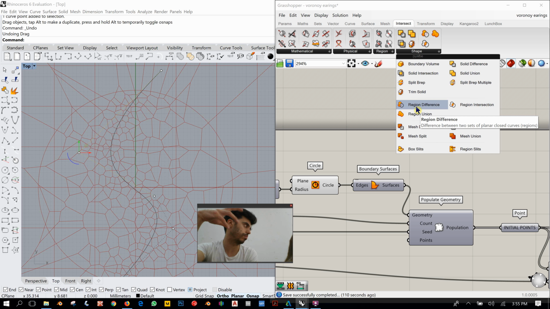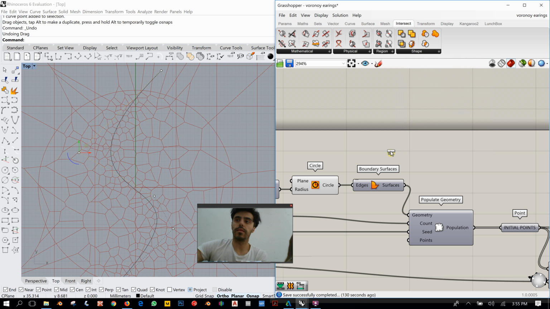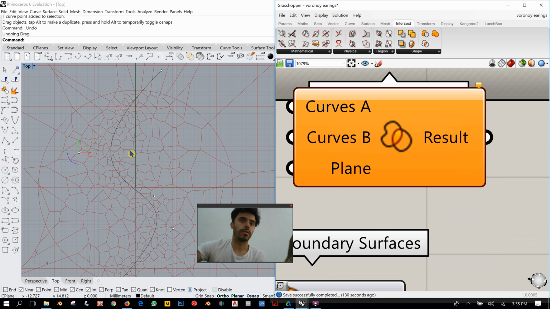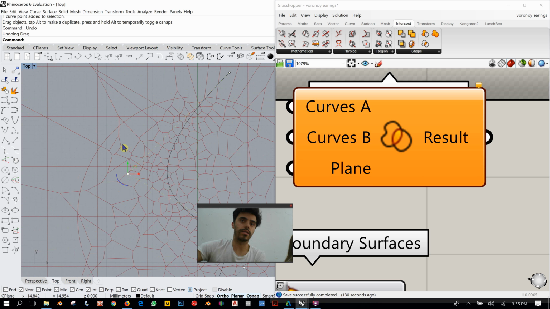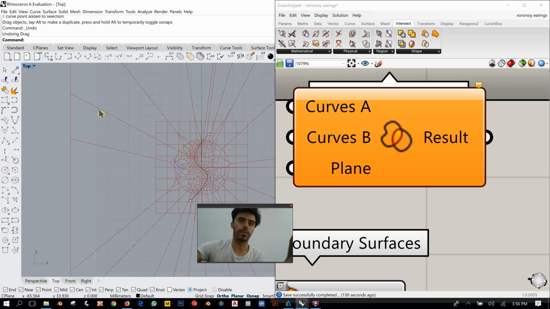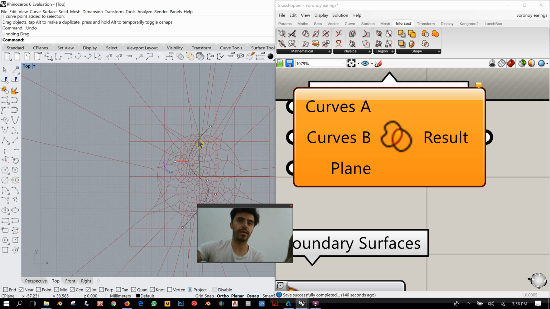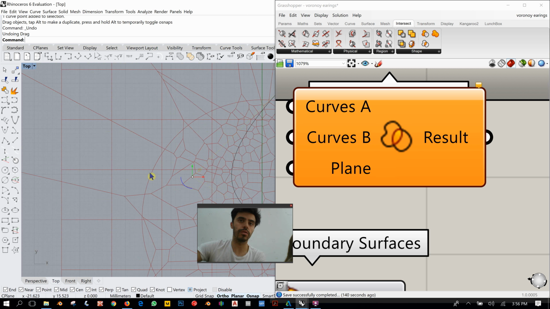That's a region, right? So a curve that defines a certain area. And we're gonna use intersection, which means that the cells that are, let's say, this cell, this one. If we intersect this cell with the circle, it will just keep